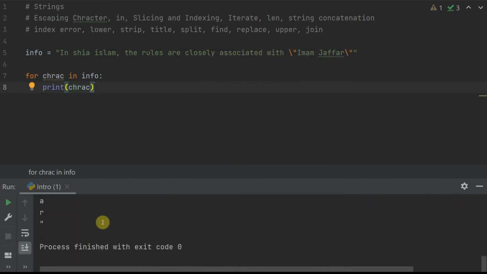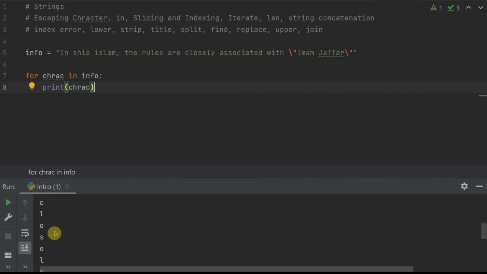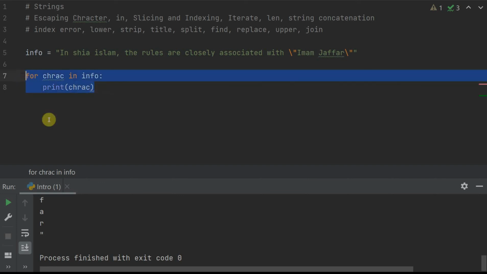It prints every single character in my information. And even a space is considered a character in Python, so all of this is there. You can clearly see it might be useful in some cases, it might not be useful in other cases depending on what you're doing, but that's how you work out the iteration, which is: for every character in this text, print that character. And you can just simply write it down like that. So that's basically how we iterate.